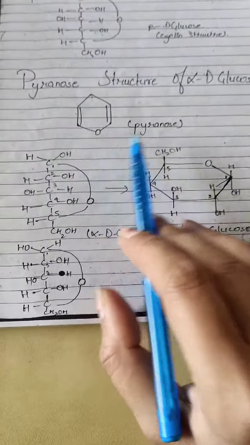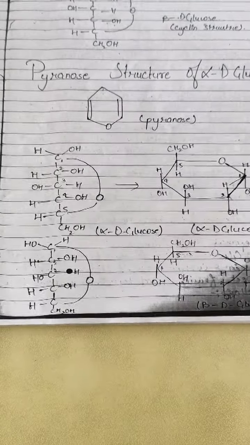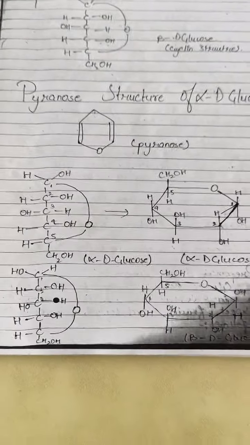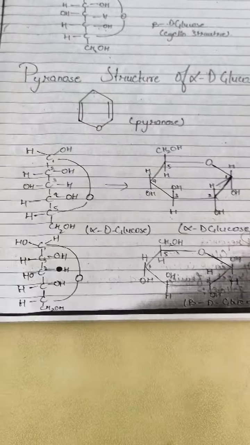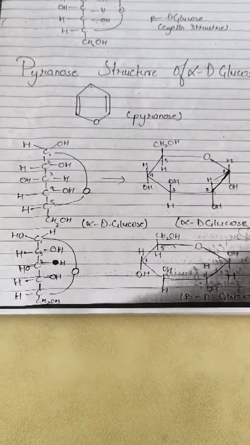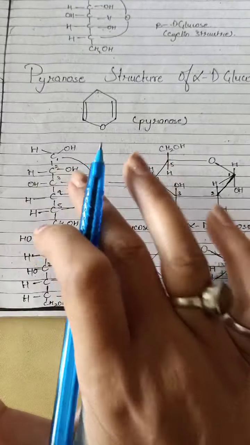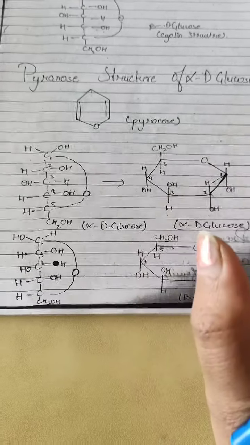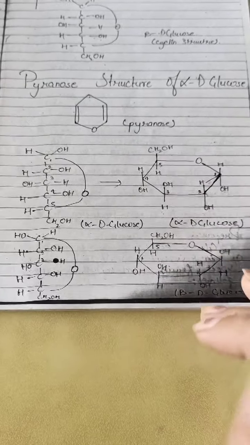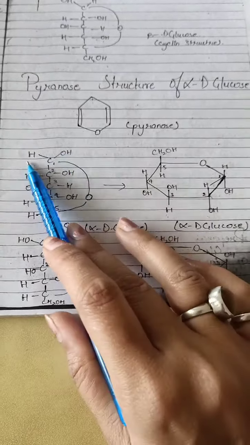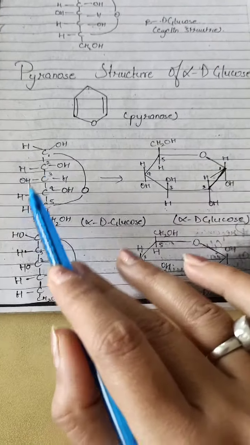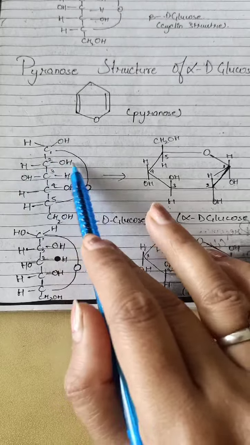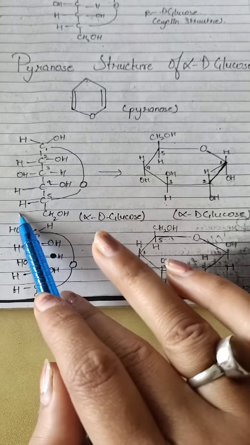So this is the pyranose. Okay, understood the pyranose? It is like a benzene. So now, when pyranose comes, it means we have to make the product as a benzene formation. Okay, a normal structure is there. A normal structure has to change into this one structure. So let's see here. C, O, H, H, 1, 2, 3, 4, 5, C, 6, C. Here H, O, H, H, O, H, O, H, H, H, O, H, H.